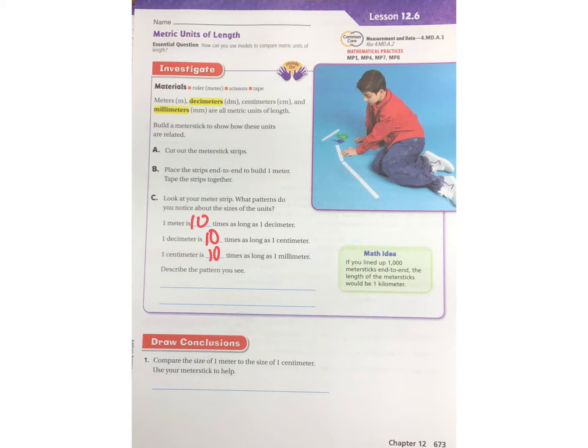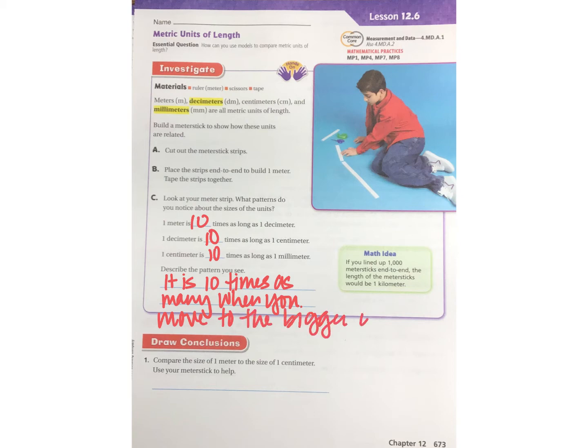Okay, so describe the pattern you see. It is how many times? 10 times as many when you move to the bigger unit. Okay, very good. So if you lined up 1,000 meter sticks, 1,000 of these,